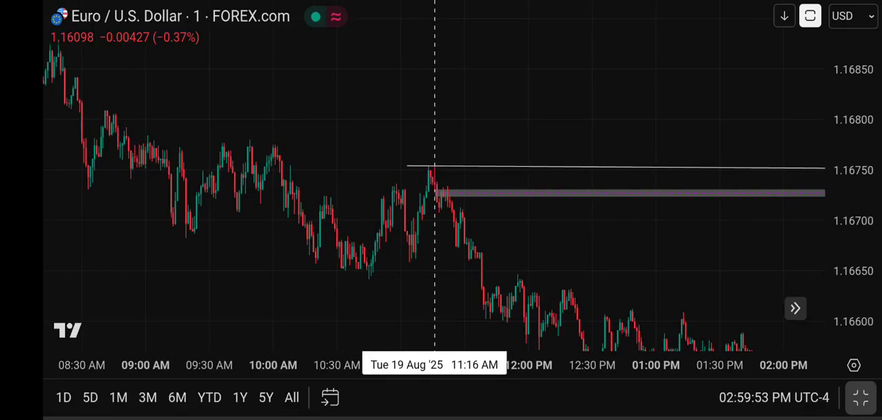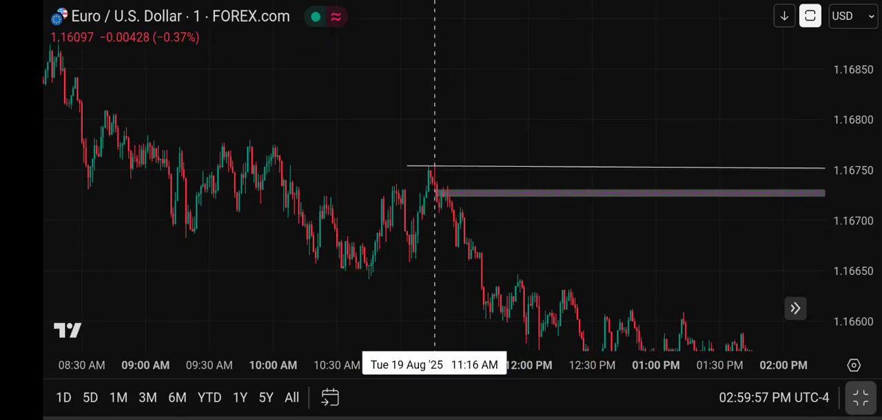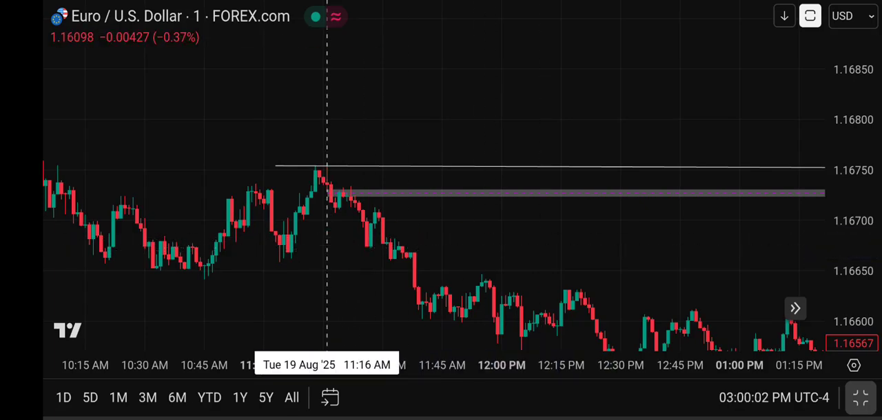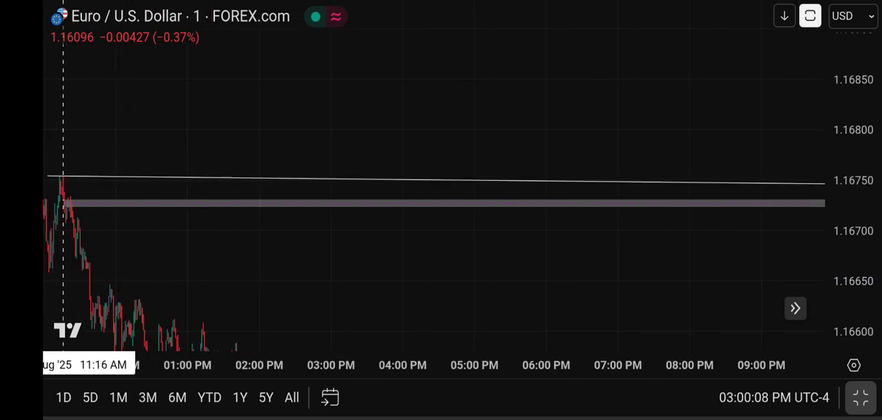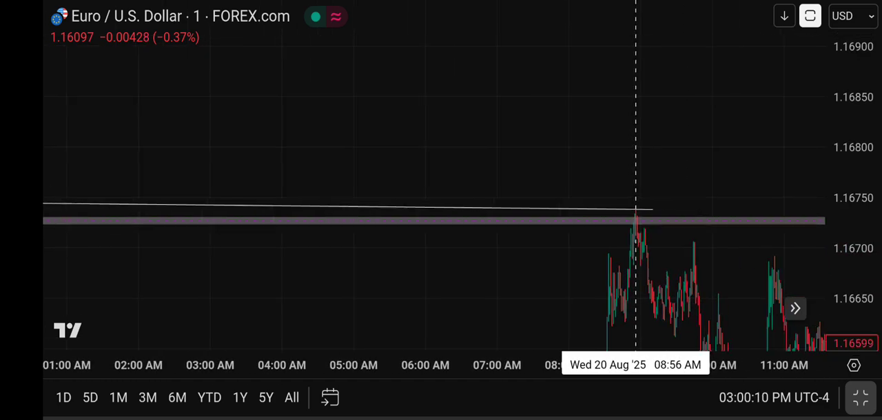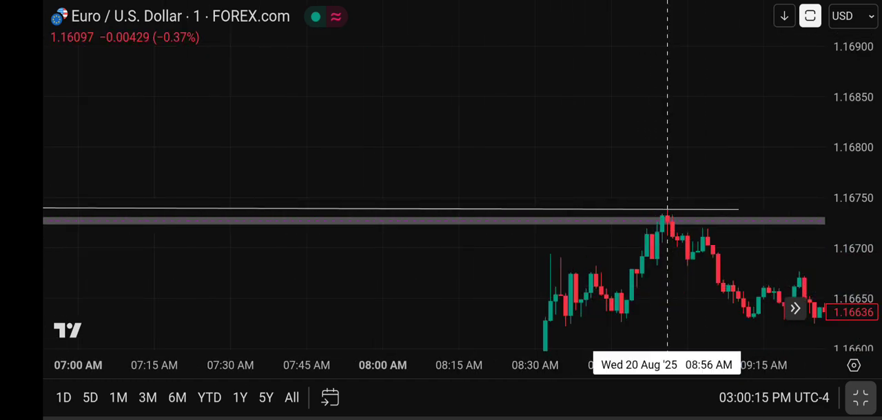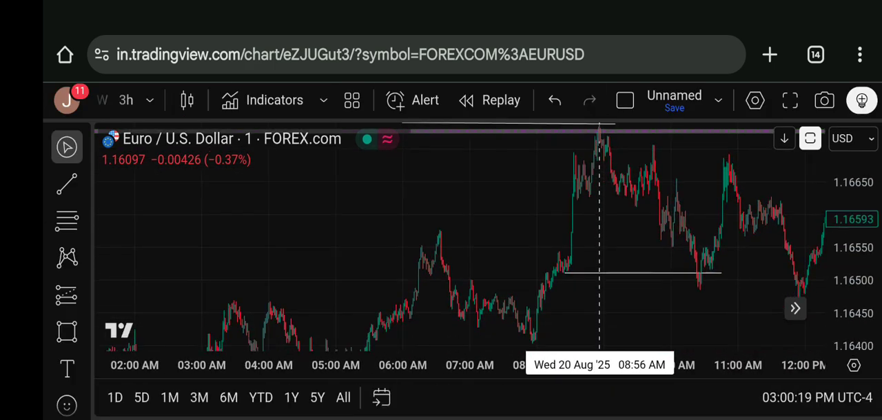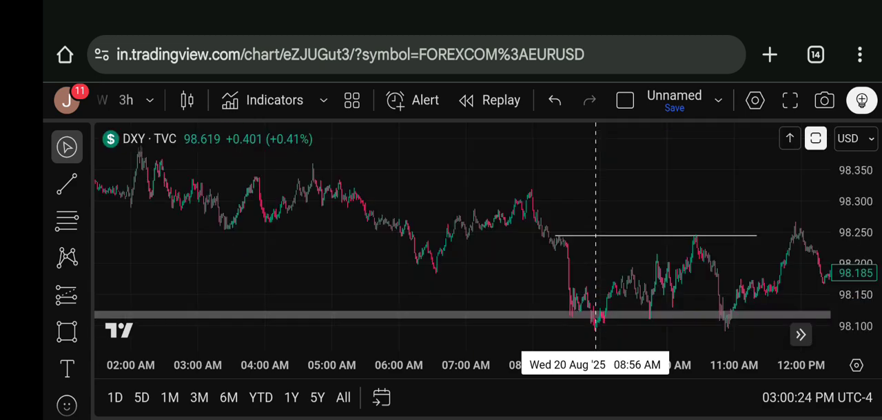You could see that what is this high, this fair value gap high, 1.16754, and what is this high? 1.16738. So there is a 16 pip SMT guys. This was the SMT, whereas the same on dollar index,